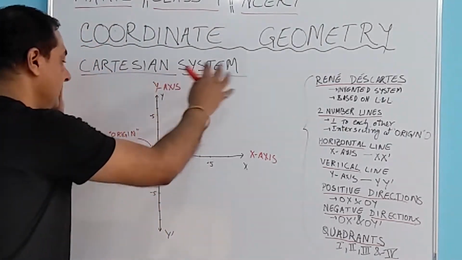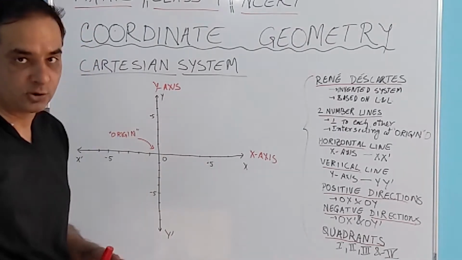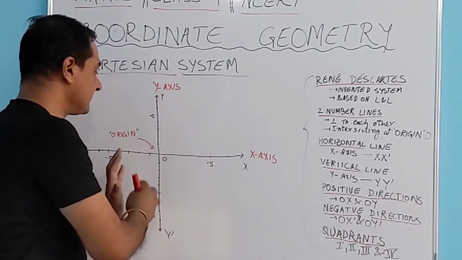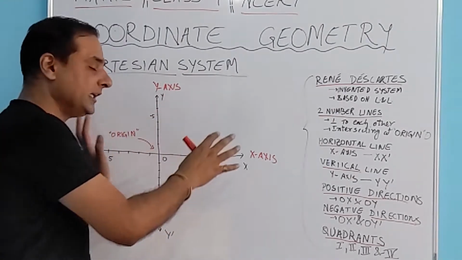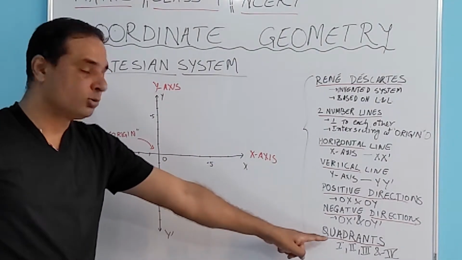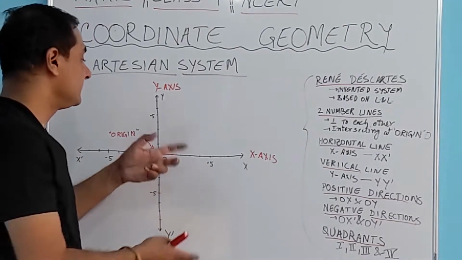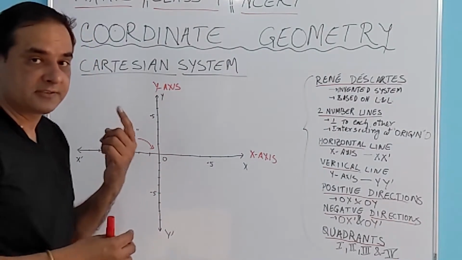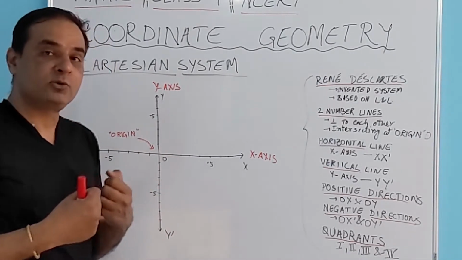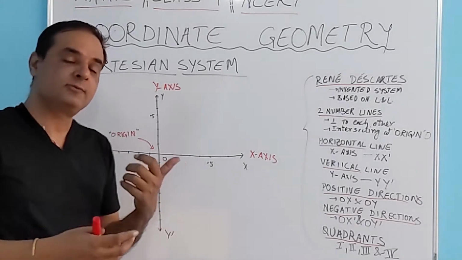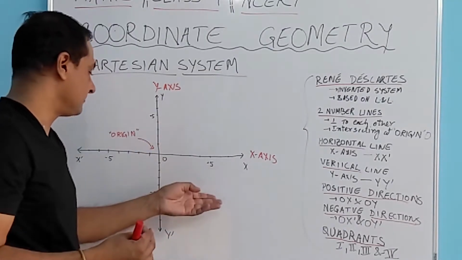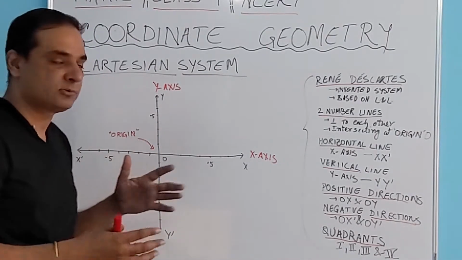अगर हम ध्यान से देखें, and we consider this as a page of a notebook, or this board is also a plane. So this system, or these two lines, are dividing this plane into 4 parts. Now these 4 parts are known as quadrants. These quadrants are further named as quadrant 1st, 2nd, 3rd and 4th. The first thing is we need to understand which quadrant is 1st, which one is 2nd and so on. We cannot just haphazardly go and call this one the first quadrant, or this one or that one. No, that doesn't work.